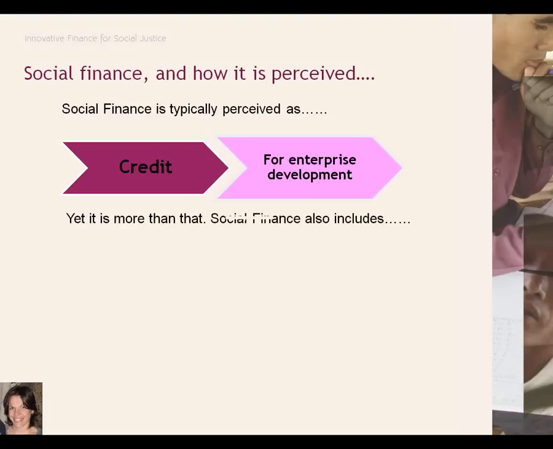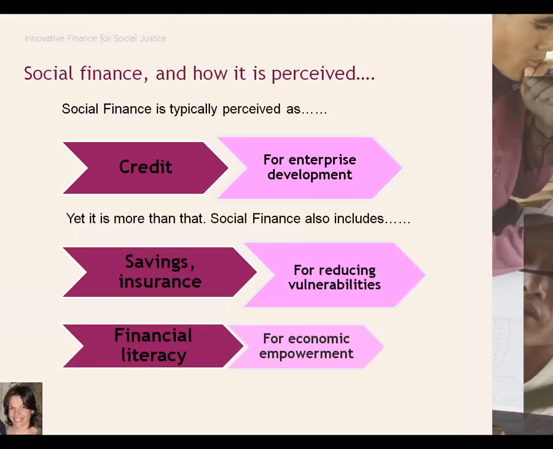So you can have, for example, savings or insurance and use it to reduce the vulnerabilities of people. So for example, if there's an emergency at the household level, if somebody dies or if there's a fire and the business burns down, it is very useful to have savings or insurance so that the persons will not become, let's say, in a debt trap or financial crisis. And the ILO, like Gustavo has said, has worked a lot on this, but it has been mainly the microinsurance facility and the social finance program, and this approach is not very common in other departments in the ILO.